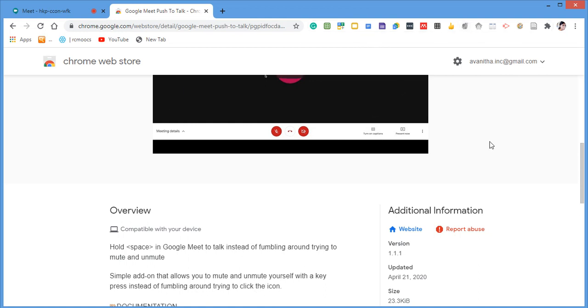For example, in other applications like Zoom, you can automatically have the settings for unmuting the participant.